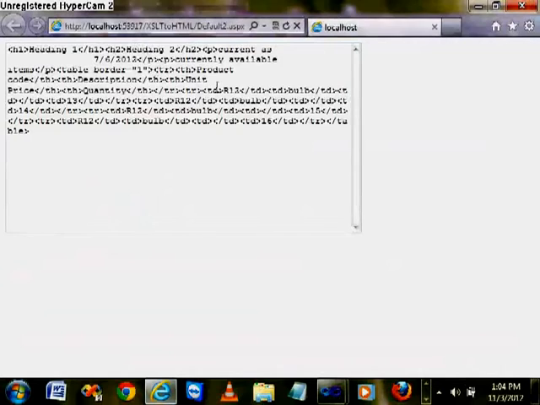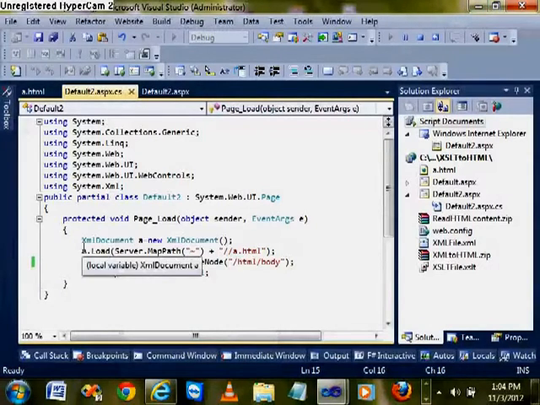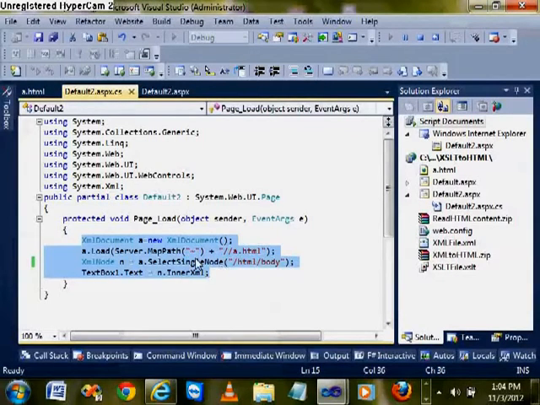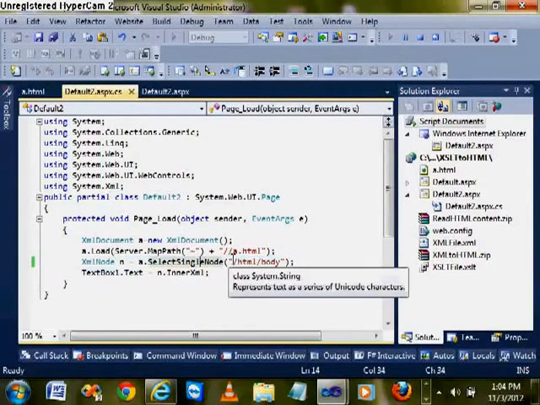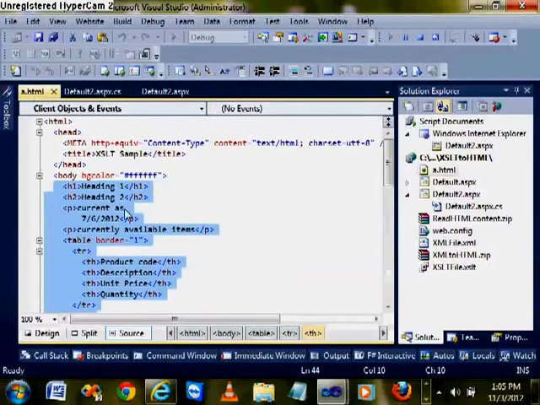In the page load I have made a function. I have called a few lines that first load this HTML document into an XML document object, then select a node, and for selecting the node I have specified an XPath expression, and then I obtained its inner XML content, and its inner XML content is normal tags.